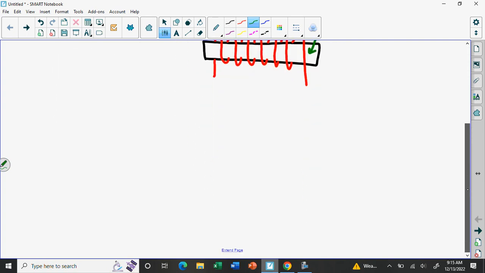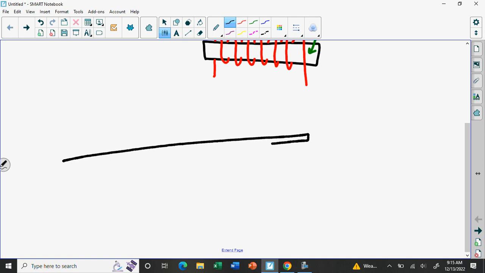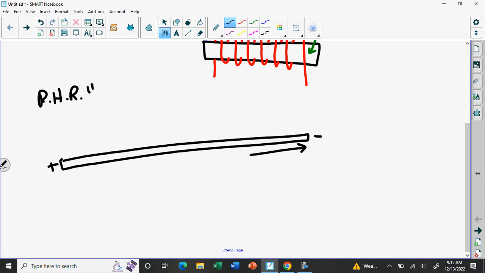Well, first of all, let's remind ourselves, let's say we have a wire that's going like this, and current is flowing through the wire. Perhaps the current is flowing in this direction, the conventional current, which we describe as positive charge flow. So this is the positive end and the negative end of the wire. And remember, we have our right hand rule number 1, which comes from Oersted's principle,